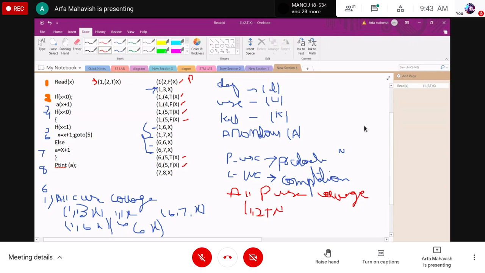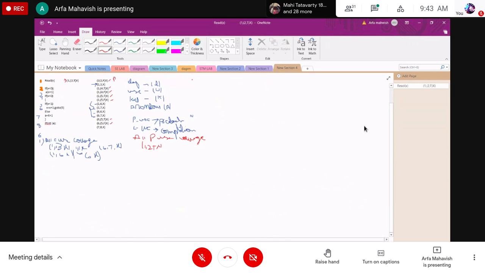This is the first one, and this is the second one. Next we have the value called, this one is the second one, all P-use value and all C-use value. Next we have the defined value. Okay, all defined coverage. So here we will look at the all defined coverage.